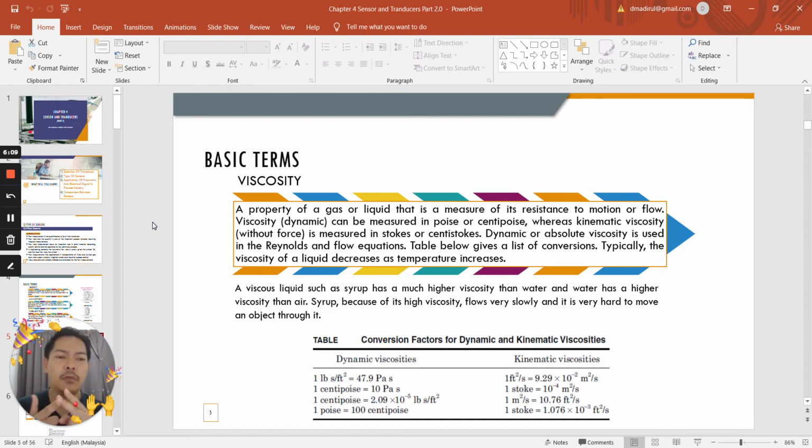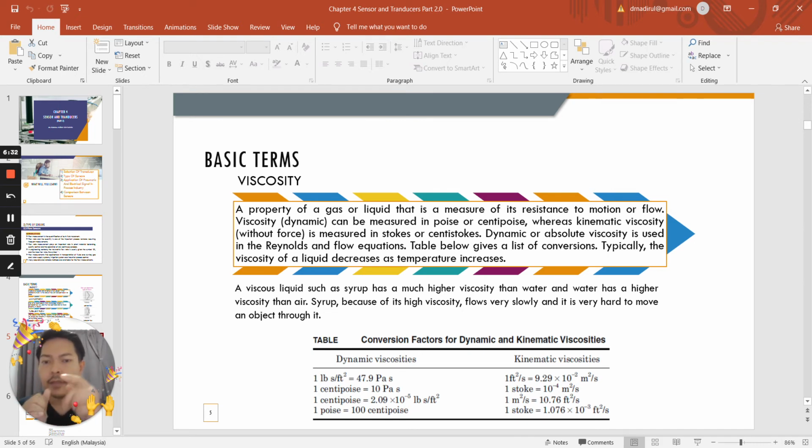Dynamic or absolute viscosity is used in the Reynolds and flow equation. In the table below, you can look at the list of conversions. Typically, the viscosity of a liquid decreases as the temperature increases. A viscous liquid such as syrup has a much higher viscosity than water, and water has a higher viscosity